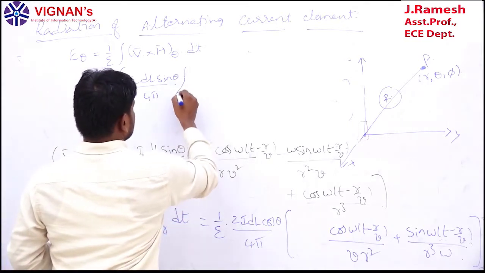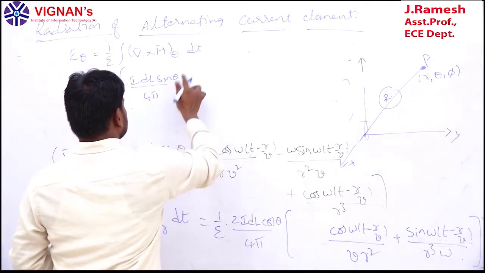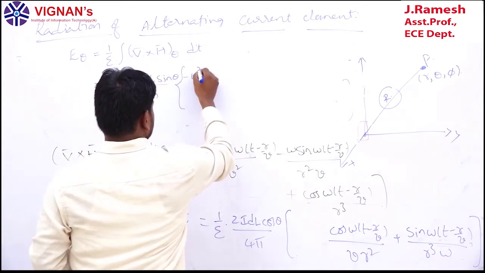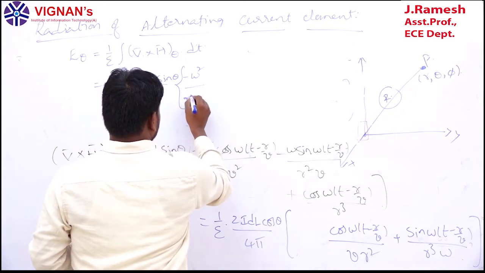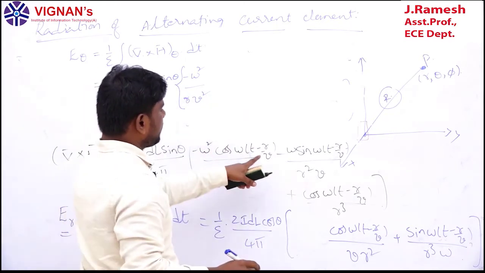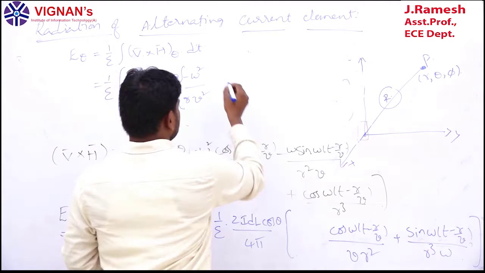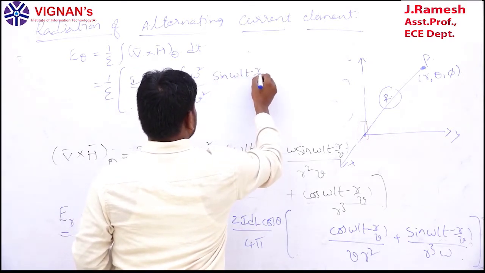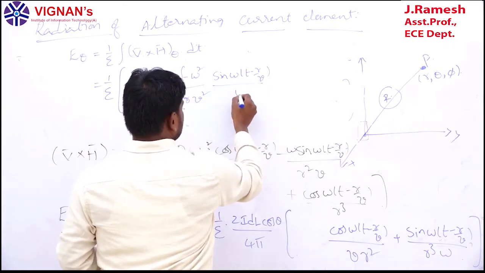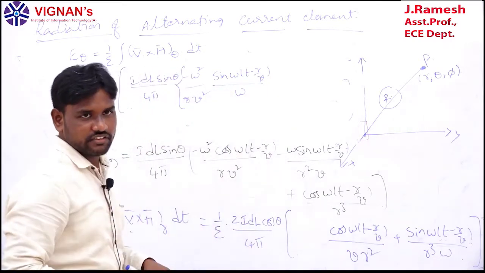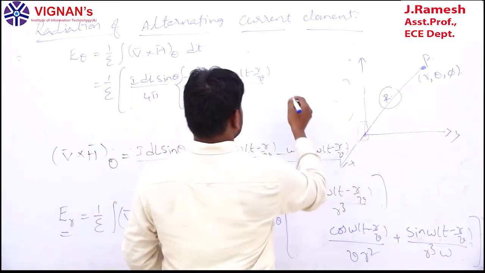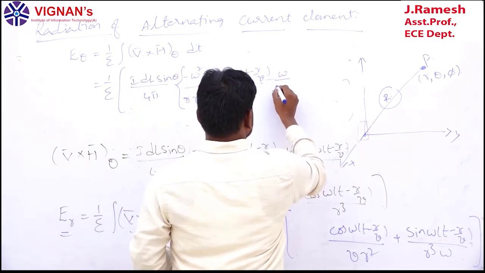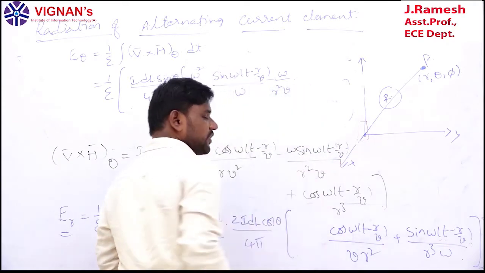So how we are going to take the integration for the first element is, again minus omega square by RV square, and after that cos omega t integration is simply sine omega into (t minus R by V) by omega, with respect to t. That's why W is a constant will come, and after that here minus W by omega by R square into V. So what is the integration part of sine?